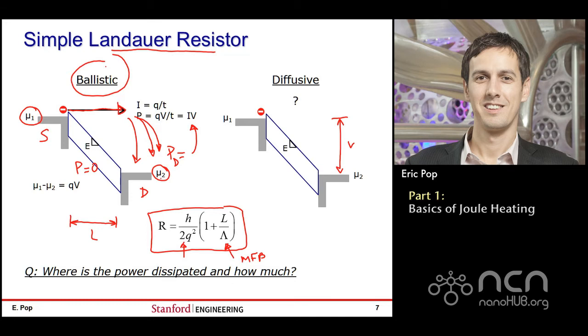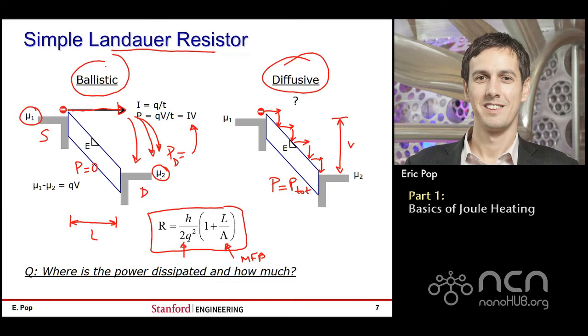On the other hand, if I have a fully diffusive resistor, what I expect is for the electron to be injected into the channel and then to scatter very quickly. Then it'll travel a little bit more, it'll pick up energy from the electric field, and it'll scatter again. It'll pick up energy, it'll scatter. It'll pick up energy, and finally it'll reach the drain, but with much diminished energy. In this case, most of the power, as you can see, is dissipated inside the little channel, and of course there's very little power dissipated inside the contacts.